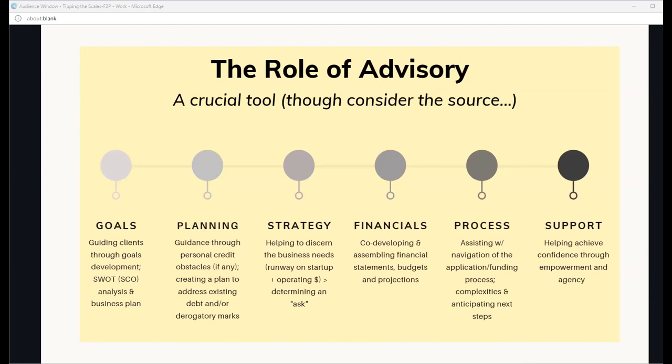processes. Something that Emma had stated, I think it might have been in our last presentation of this, is that it's okay to bring an advisor to a meeting with a loan officer. It's actually something that I think is welcomed, it seems like a lot of times. We're very familiar with that interaction and that interplay. But if there is somebody outside of that organization that you would like to bring into that conversation, I think it's safe to say that most